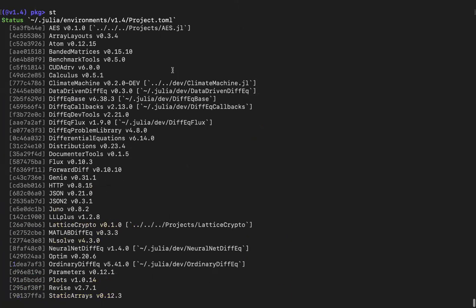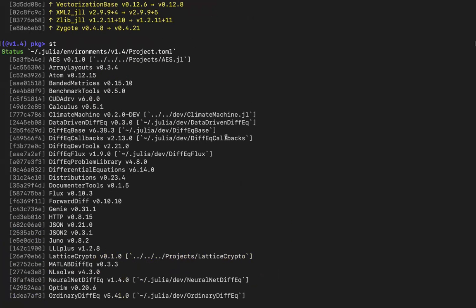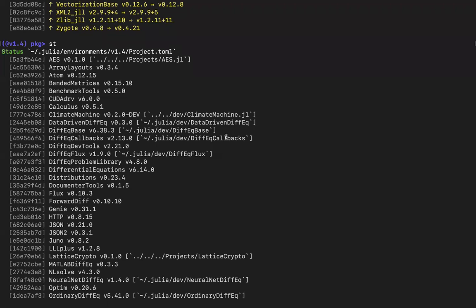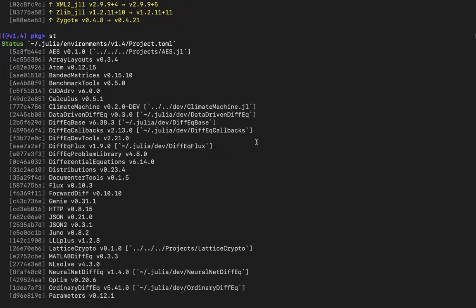Okay. So you get the idea of what to do when you get a particular resolve conflict. The first thing you want to do is try to run resolve, and it might fix your issue for you. The second thing would be to try to rebase your current work to the master. And the third thing, last, would be to remove some old packages you are not developing anymore. If you keep these three things in mind, probably you won't ever get these issues.